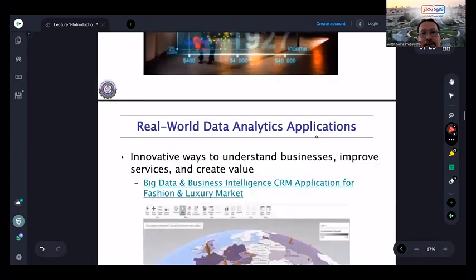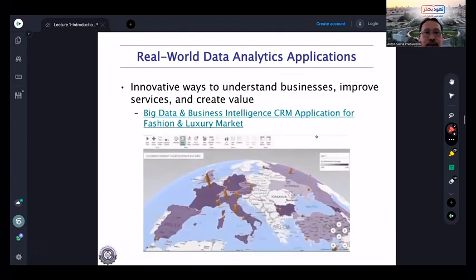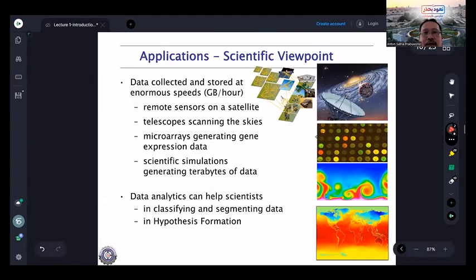Yeah, and then for innovative ways to understand the business, improve service and create value. Yeah, so then it is one example also for big data, and then application in terms of scientific